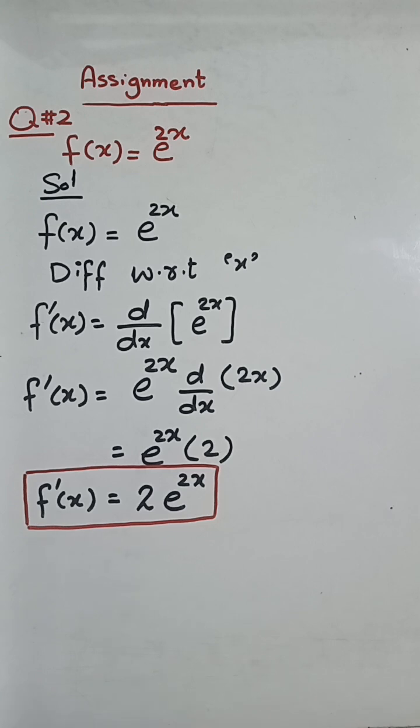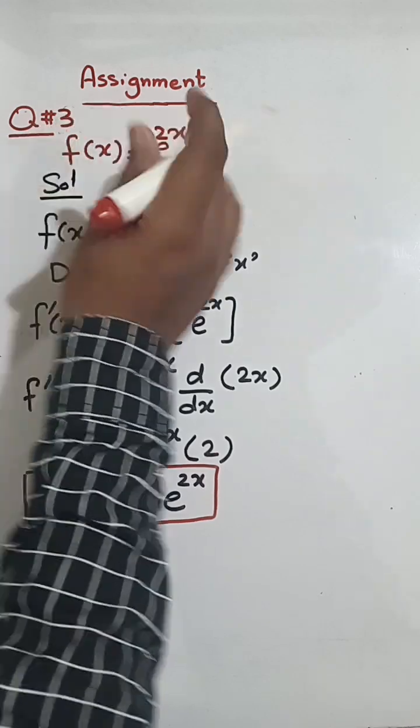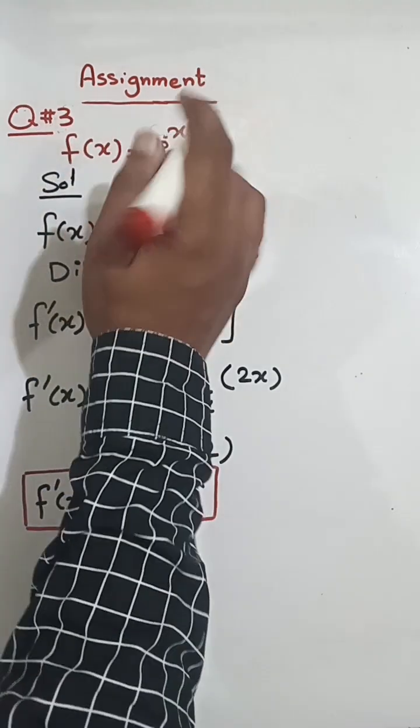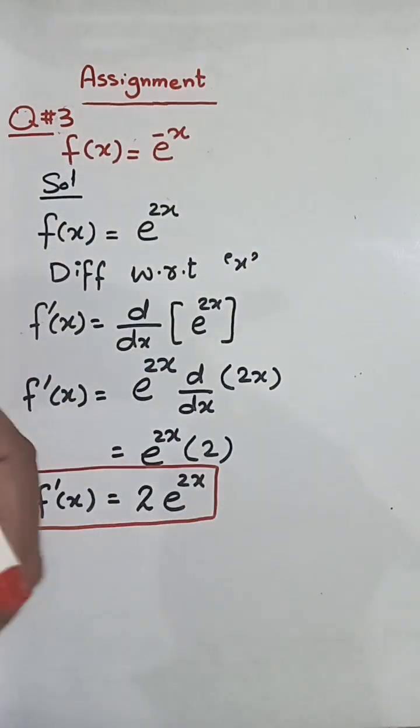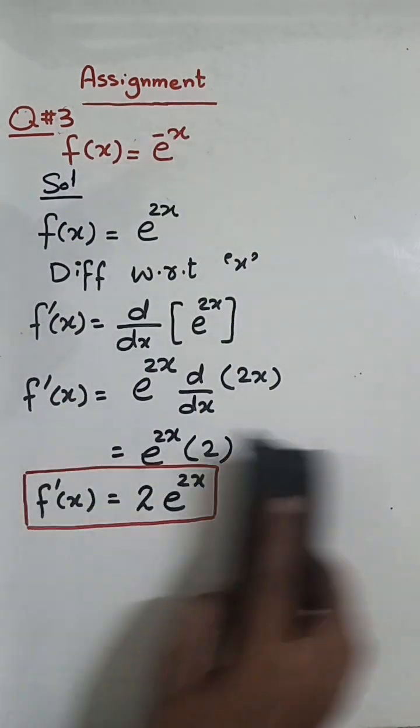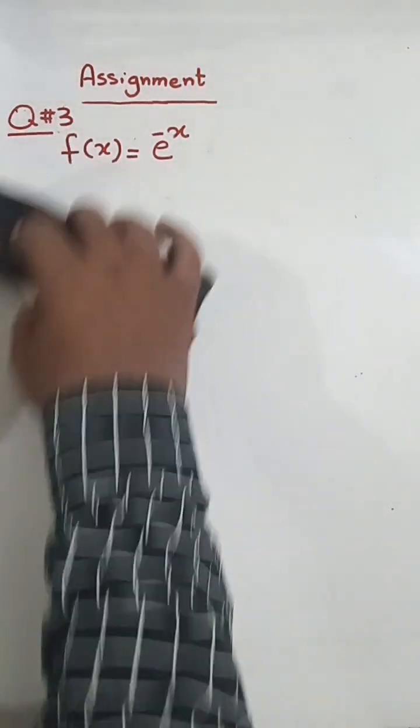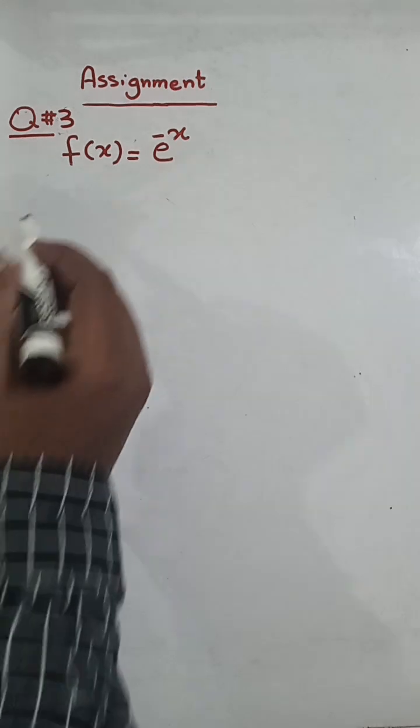Now we come to question number 3. Question number 3 is e raised to power minus x. Solution: